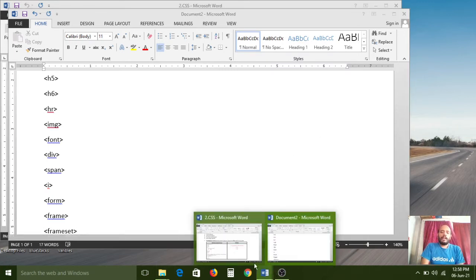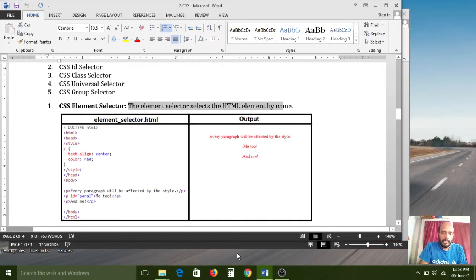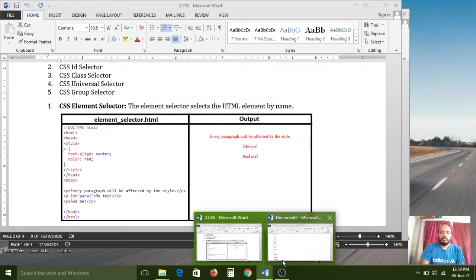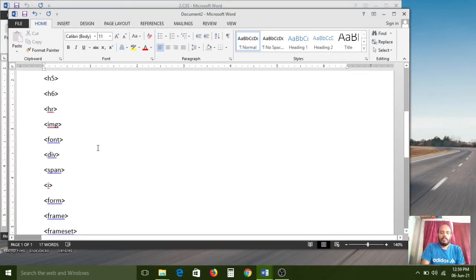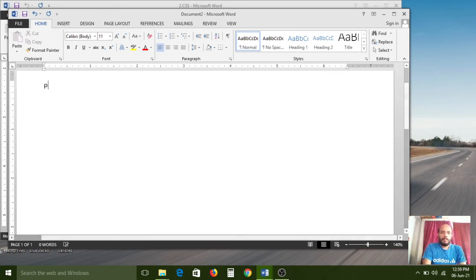So what is the concept right now? Here what discussion is going on? The CSS element selector. So element is nothing but if you want to use any element, for example, for the paragraph purpose I used the p element. So now I am writing the styles for the paragraph only. For that I use the tag name here, nothing but the element name. So these are called element type selectors.